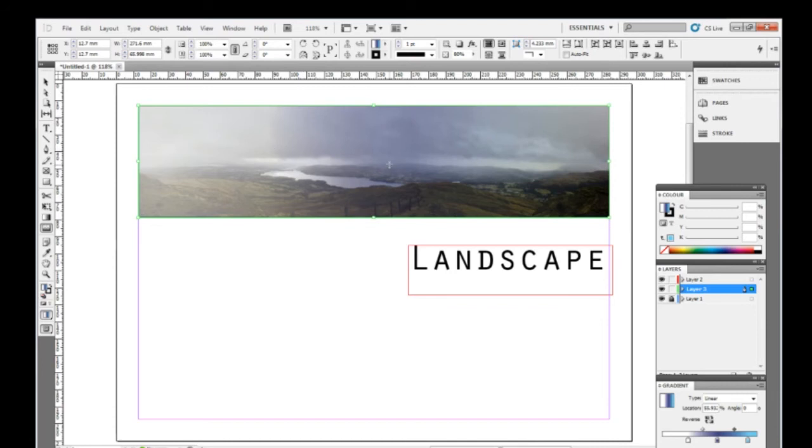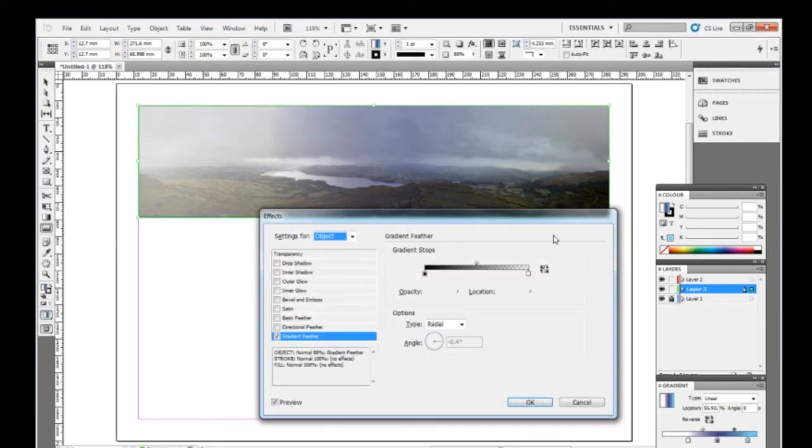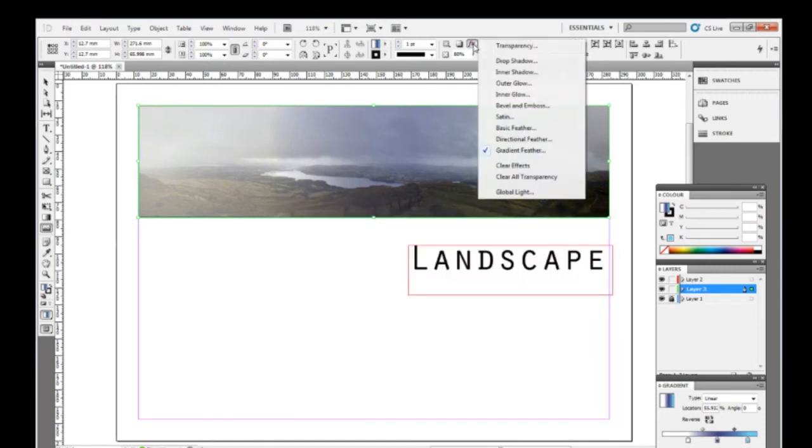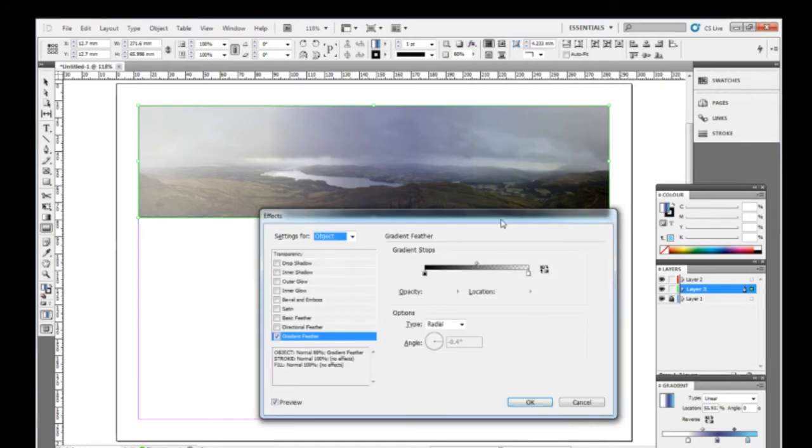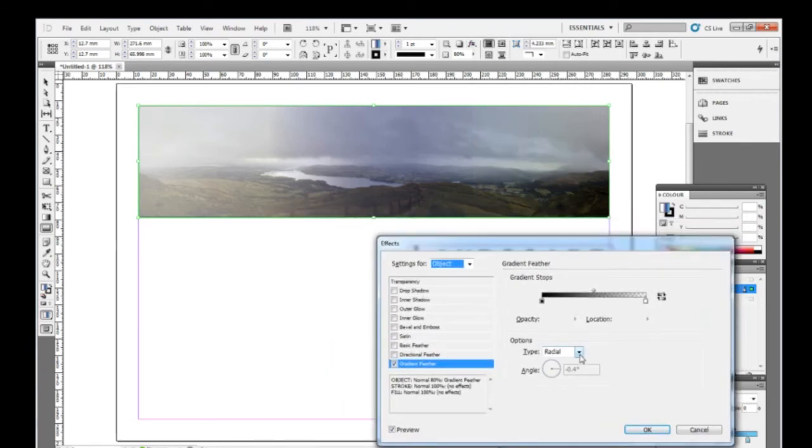Now to edit that, I can do two things. I can double click here, and that will open the options up, or I can go into the effects menu, see that there's a gradient feather there, and I can have a look inside there and edit in there as well. So straight away you can see it's on a radial. I want to change that to linear,